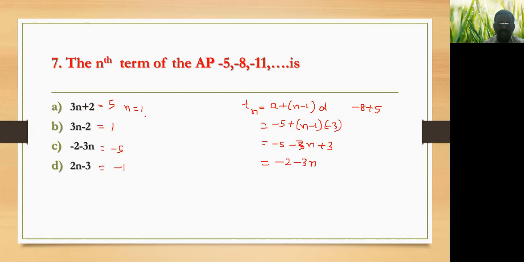Now, when n is 1, it means the first term. What first term do we have here? Minus 5. So minus 5 is here, correct? Therefore, option C is the correct answer. So instead of doing so much, we can save time using this nth term shortcut. Just put n equal to 1. Even if Sn is given, we can find the first term by using n equal to 1. Now we move to the next question.